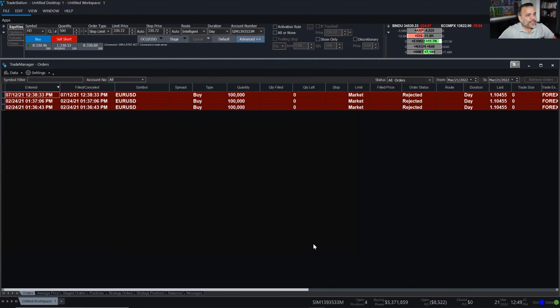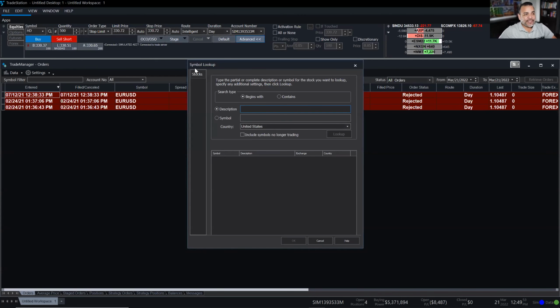All right, let's go ahead and take a look at some trades. So we talked about quoting. We have a dedicated magnifying glass right here next to the symbol box. This will take you to the symbol lookup. Although we already said that you can type in either a ticker symbol or a description inside the symbol box and the search is activated. But if you want a more dedicated dialog, just click on the magnifying glass, and this is the symbol lookup